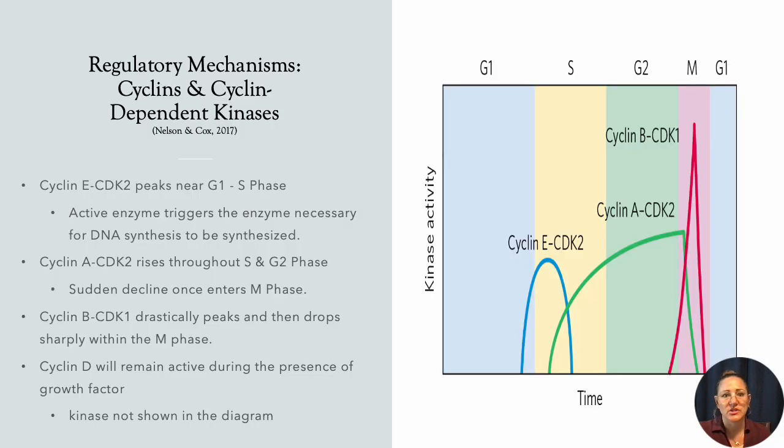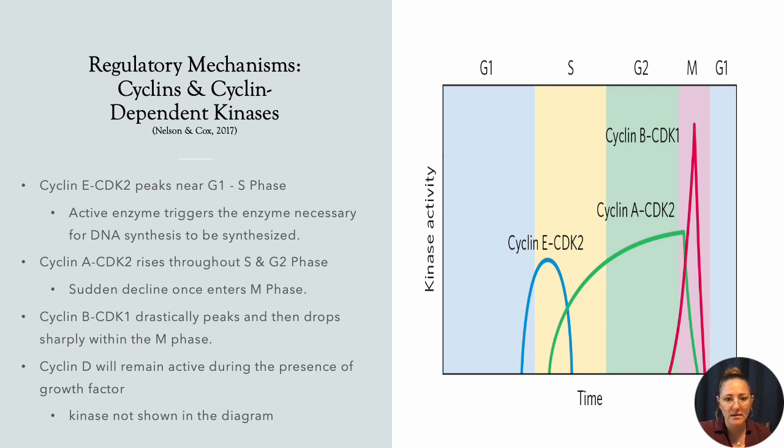Now that we know the various stages and phases of the cell cycle, we need to learn what allows the movement from one phase to another. As mentioned in the introduction slide, each phase of the cell cycle is regulated via protein kinase, the cyclin-dependent protein kinase, or CDK, and its subunit cyclin. Here, we see a graph depicting the variations of kinase activity for specific CDKs throughout the different phases of the cell cycle. We have here in G1, or gap phase 1, cyclin